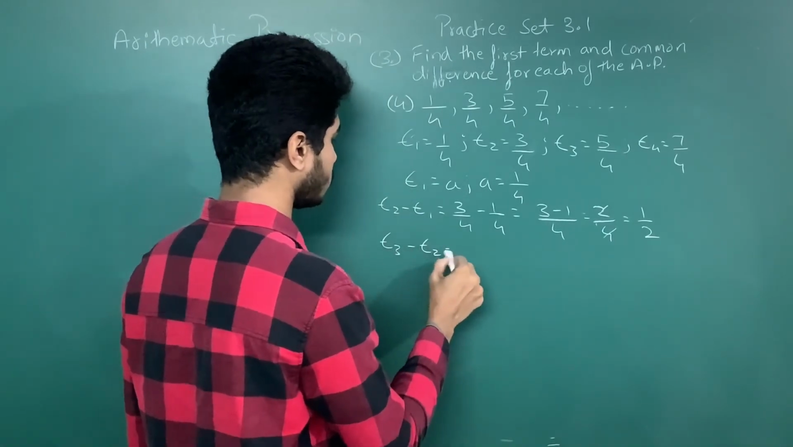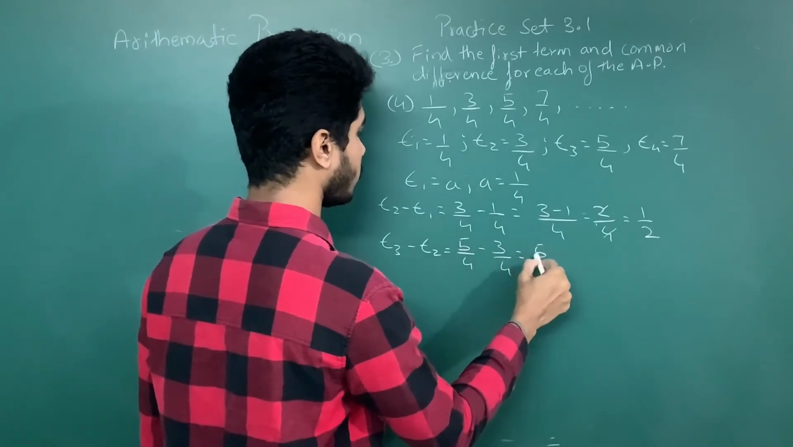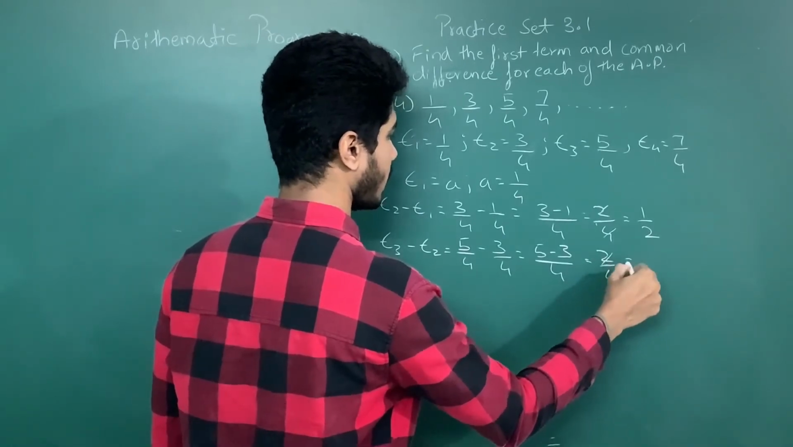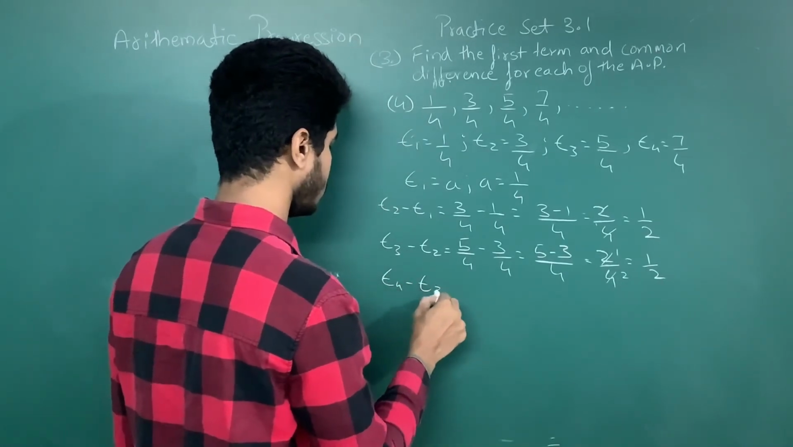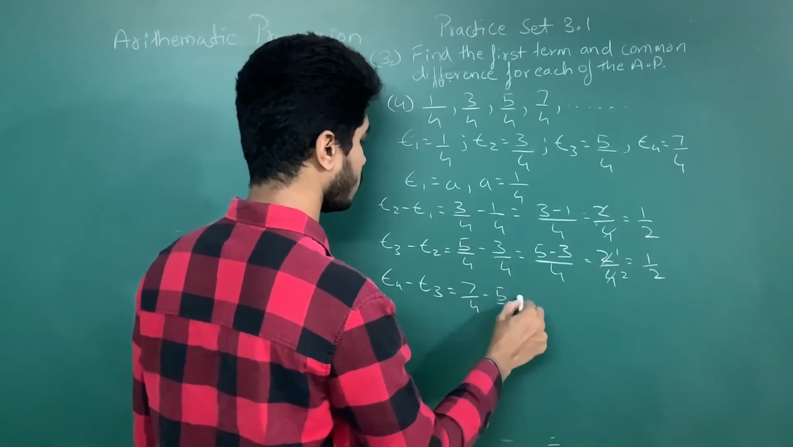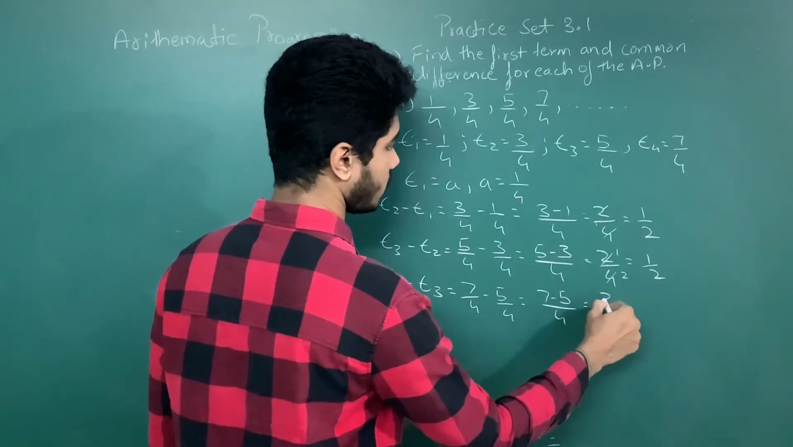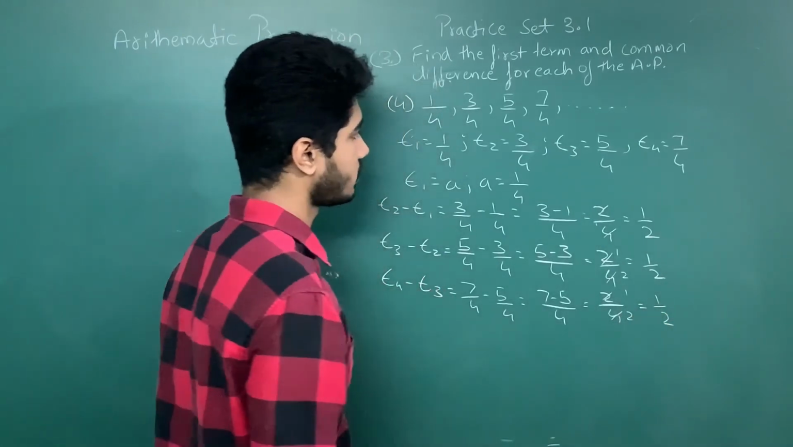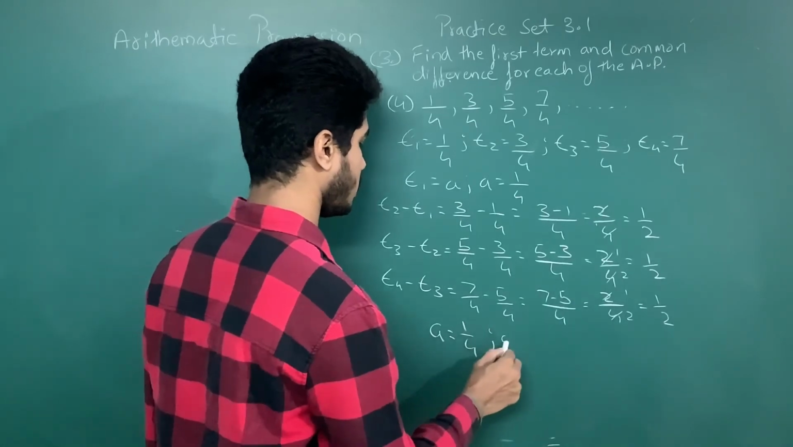T3 minus T2 is equal to 5 by 4 minus 3 by 4, which is 5 minus 3 by 4, 2 by 4, which you cancel, you get half. T4 minus T3, which is 7 by 4 minus 5 by 4, which is equal to 7 minus 5 upon 4, so you get 2 upon 4, you cancel, you get half. So the common difference is constant, so you get A, the first term, as 1 by 4 and D as